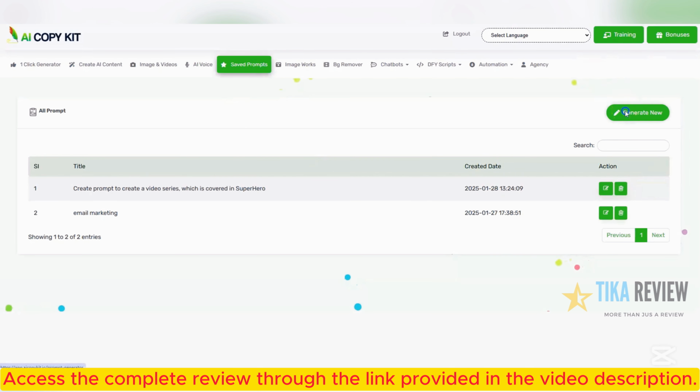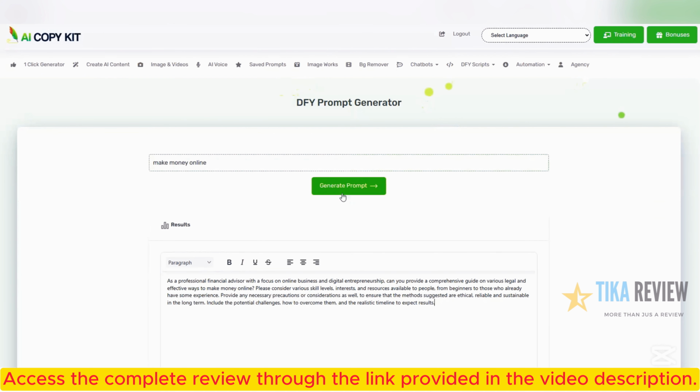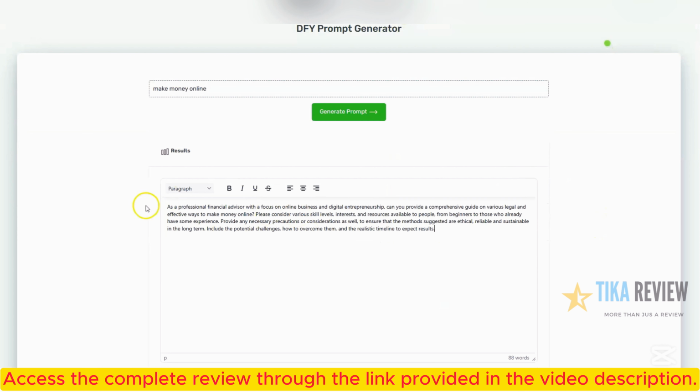We'll come back to that one and move to the next one now, which are the saved prompts. And you can generate absolutely amazing prompts using this. So make money online, I'll just put that, and this will generate prompts for me. So this is your done-for-you prompt generator, and this will generate some absolutely fabulous prompts for you. So over here it's giving you an option. So as a professional finance advisor, if you aren't satisfied with any of this content,